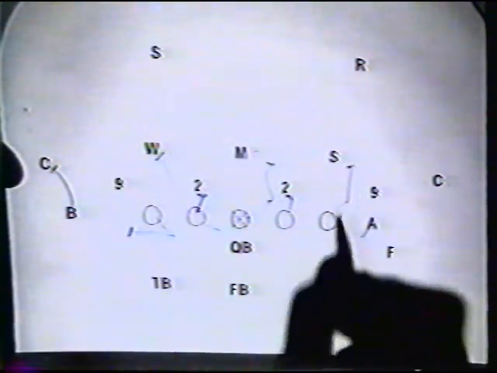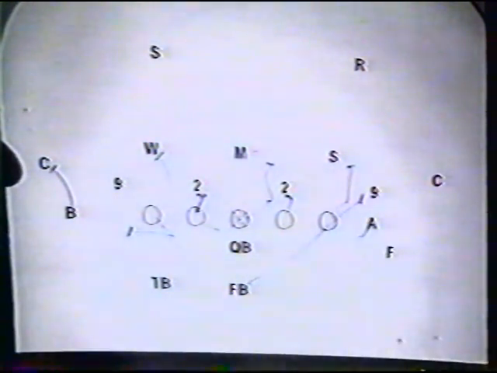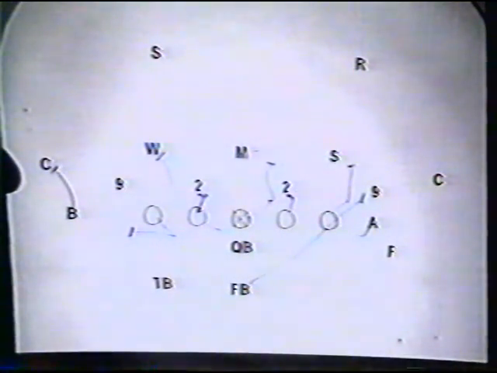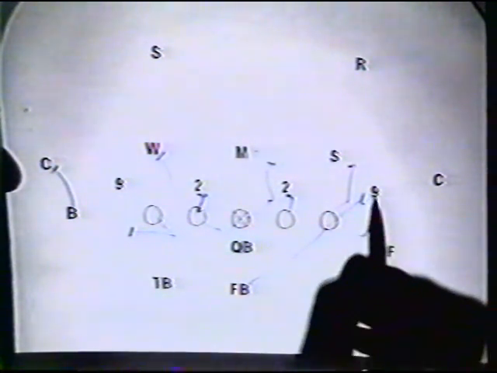Our next important block on this is our fullback. Our fullback is going to block the tight side end. He's going to go inside out and block this man like this. Get his face on the inside, go a little bit tighter. Make sure he seals off this man from trying to chase the play down from the inside. Anticipate him reading this end, because people work on that when they play us, and they'll get him to follow this man down inside. Our quarterback is going to reverse pivot